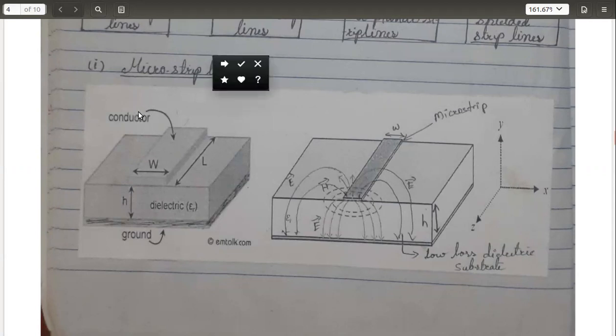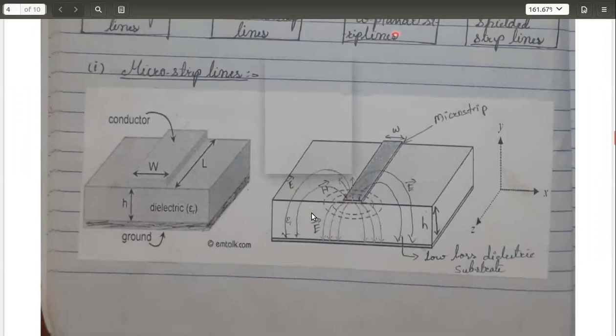Hence, it is made of a conductor. You can see this, it is the strip, the microstrip used, it is a conductor. So if this is a conductor, you can see whenever the propagation happens, how the field lines are created. Here it will support both electric field as well as magnetic field. You can see it in the figure. You have two different lines shown. Let me take two different colors and show you.